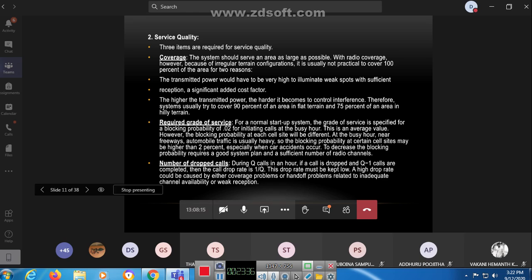Like, person X calls you, person Y calls you and person Z calls you. So many members call line by line. How do you handle your receiving calls? One by one, or you give first preference to an important person and second preference to another important person. Likewise you can give preference, or sometimes you will drop those calls also. If it is not important for you, at that time what do you say? Drop that call. So that is how we consider the number of dropped calls.